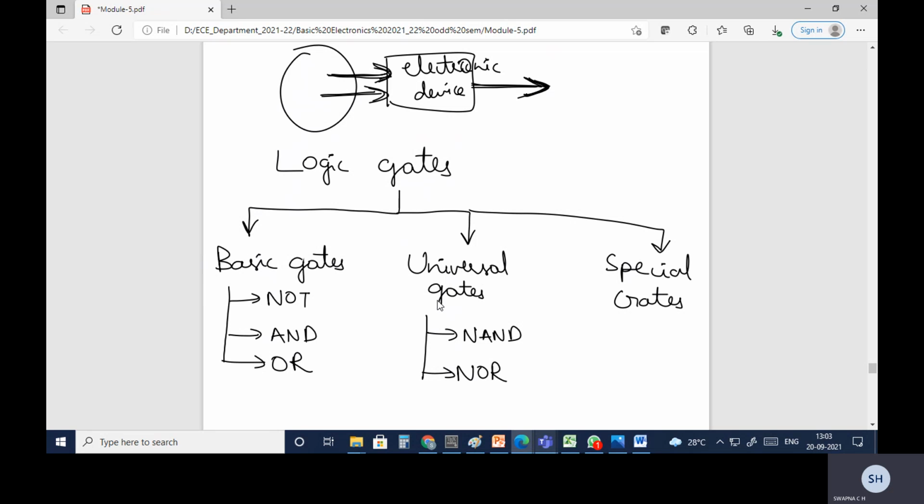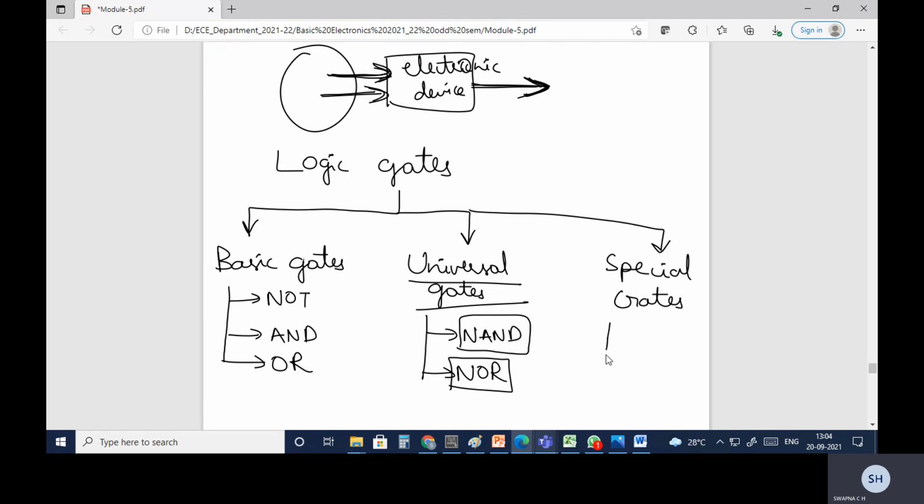The reason is that using only NAND gates or using only NOR gates, you will be able to implement any gate or any function or any output. That's the reason these are said to be the universal gates.